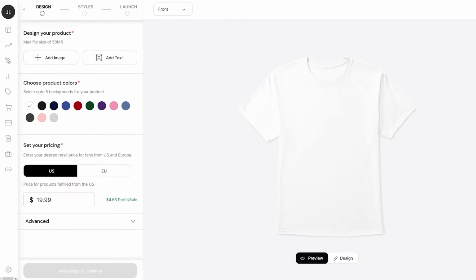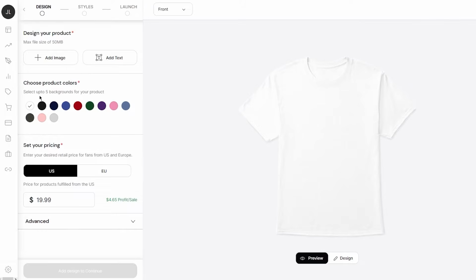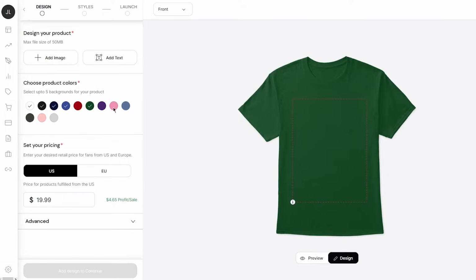Now, once you're over here, you're going to get all these options for your styling, designing, and all that stuff with different aspects. First of all, down here, you have different color options. So you have different product colors. You can select up to 5 backgrounds for your product. You have the dark color, different shades of the all-round colors that you usually get. So basically, first of all, what we're going to do is